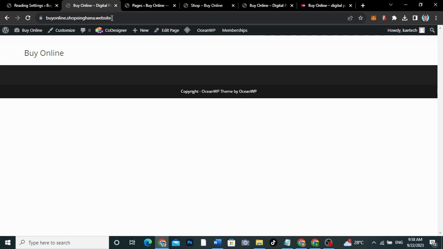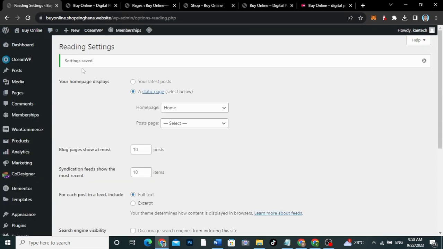So now I can see this one. Even if you look at the title bar over here, you can see that it says "Buy online digital product for all." And that is exactly what we want to happen. So now that we've set up our home page and everything is fine, now we can go ahead and start